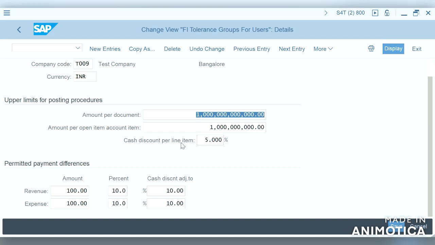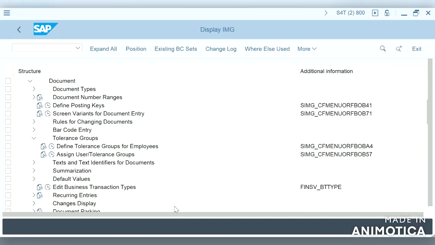The maximum cash discount percentage the employee can grant in a line item. The maximum acceptable tolerances for payment differences for the employee. So only these predefined sets of amounts or percentages can be used by the employee while posting the documents.